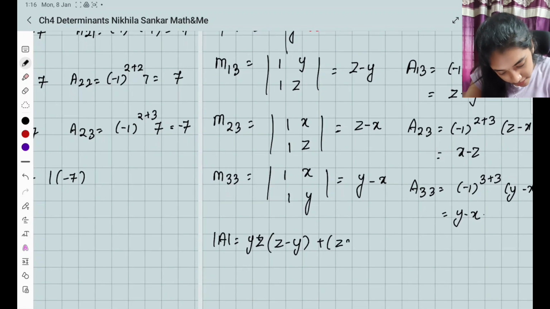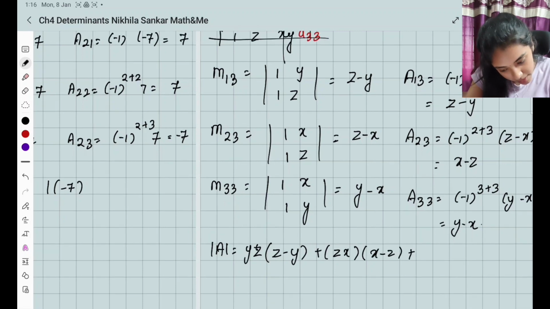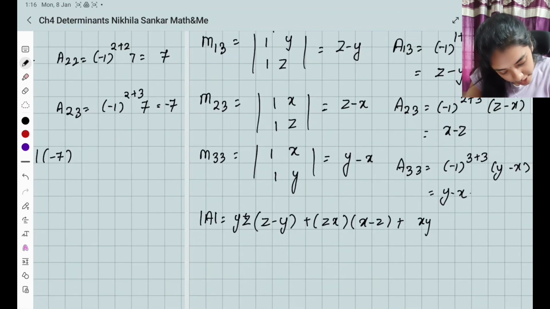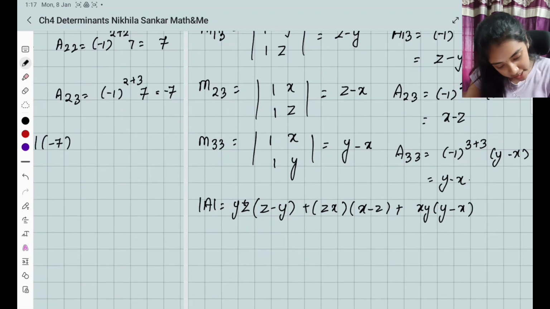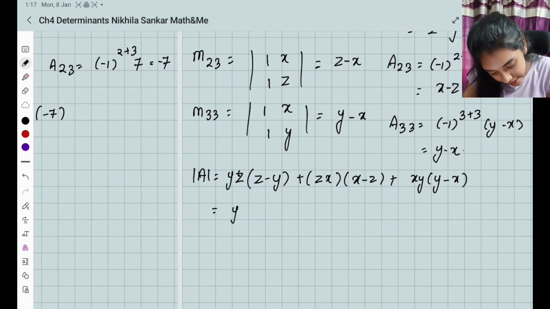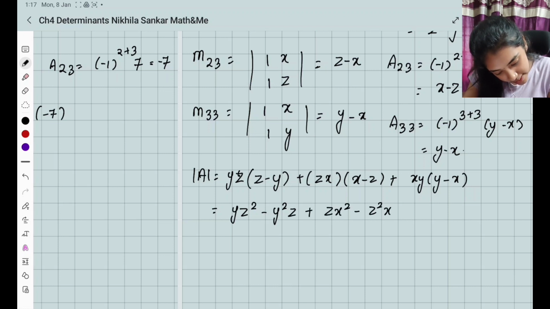Zx. So I have zx times x minus z, plus the last element is going to be xy, so xy times y minus x. Okay, so when I multiply this inside, I have yz square minus y square z plus zx square minus z square x plus xy square